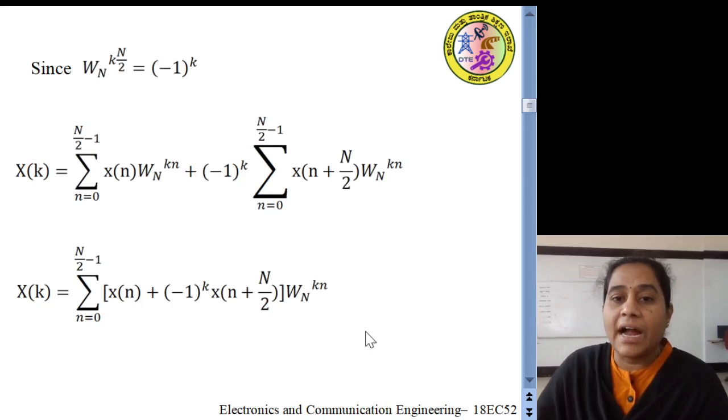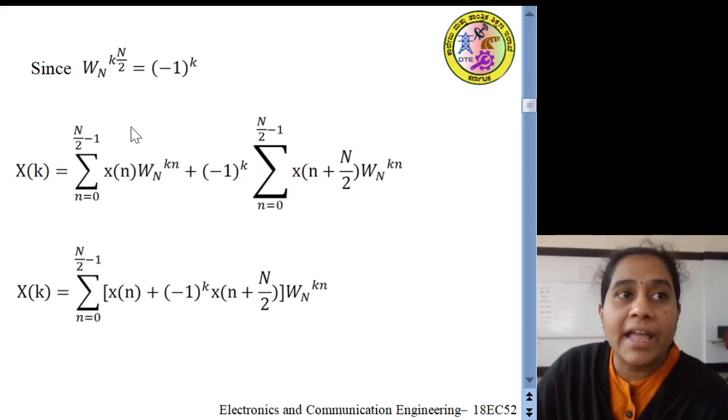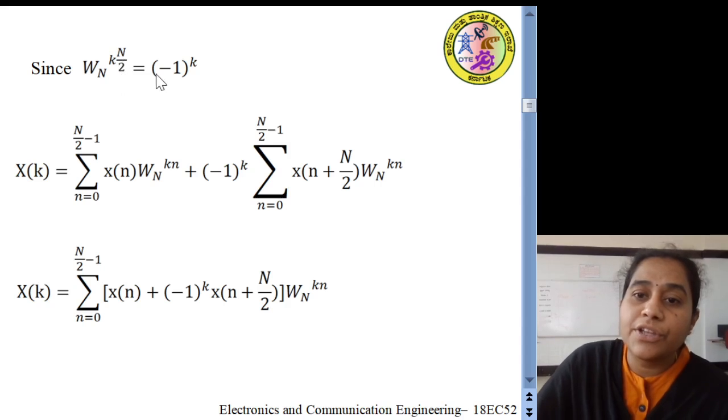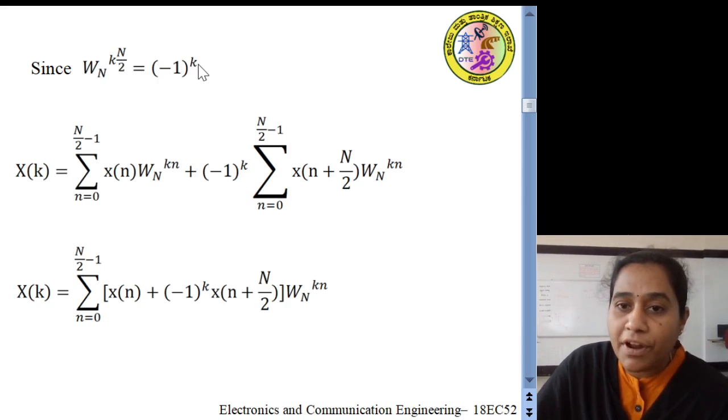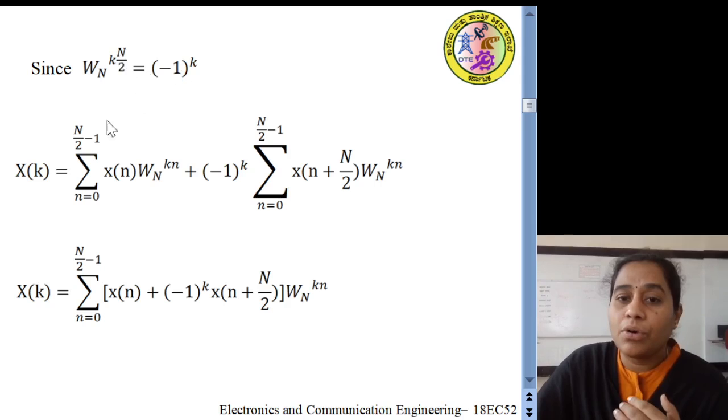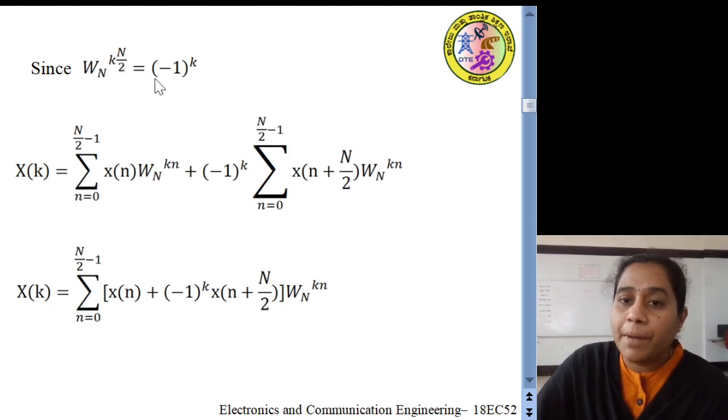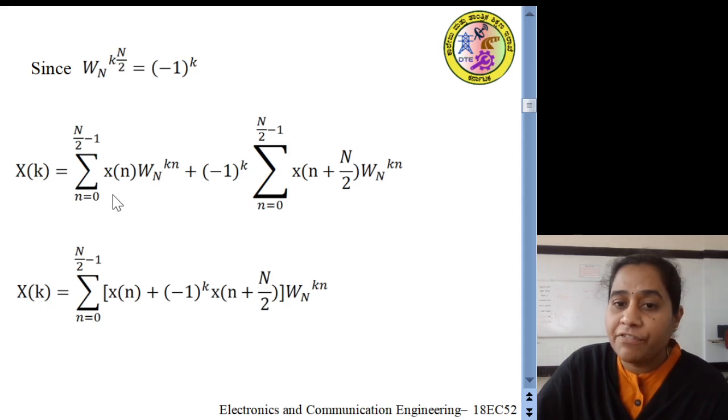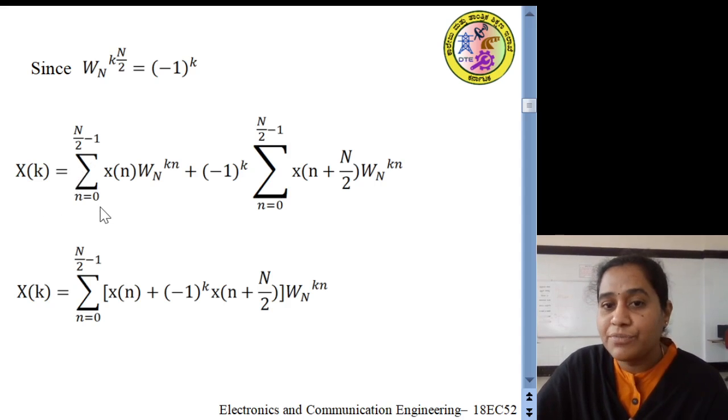As we know, WN raised to the power of k times N by 2 is equal to (WN raised to the power of N by 2) raised to the power of k, and WN raised to the power of N by 2 is minus 1. So WN raised to the power of kN by 2 can be written as minus 1 raised to the power of k. So using this property, we can represent X of k as